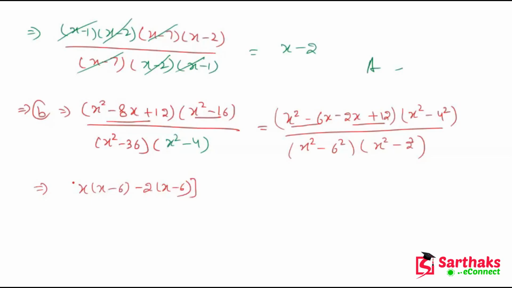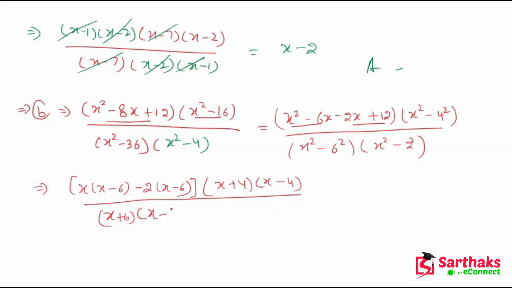Okay, and this will become x plus 4 into x minus 4, because we know that a square minus b square is a plus b into a minus b. It is divided by, this will become x plus 6 into x minus 6, and this will become x plus 2 into x minus 2. Okay, now from these two terms we can take x minus 6 as common,